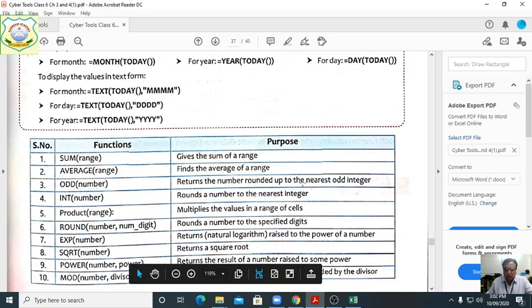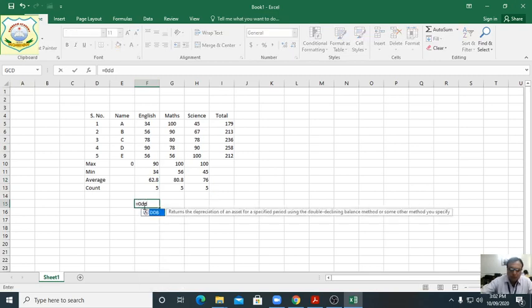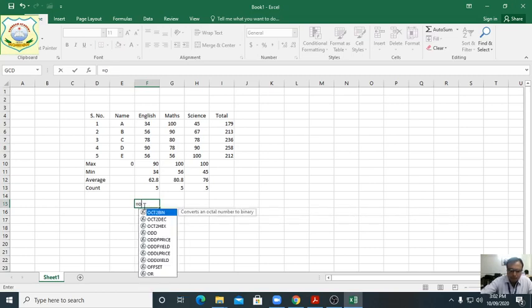It returns the number rounded up to the nearest odd integer. This is a little bit different. Suppose this number is given, and we want to round this number 62.8. What is the cell address? F12. We write equal, odd, bracket.